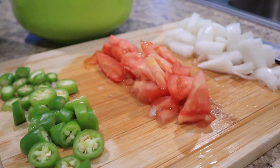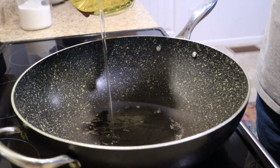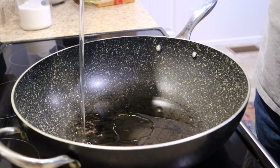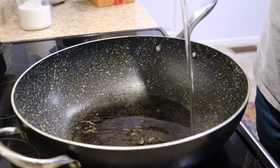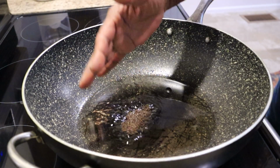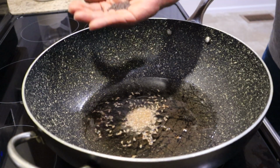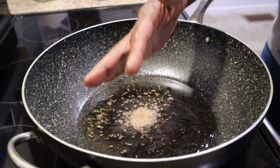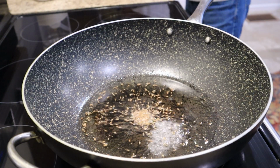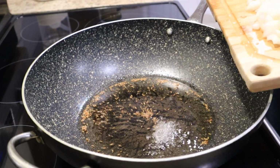So let's get cooking. So the pan is nice and hot. Let's add around 3 tablespoons of oil. This looks good. Let's add 1 teaspoon of cumin seeds, 1 teaspoon of mustard seeds. You could let them pop for a minute. Now these are popping. You can add the onions